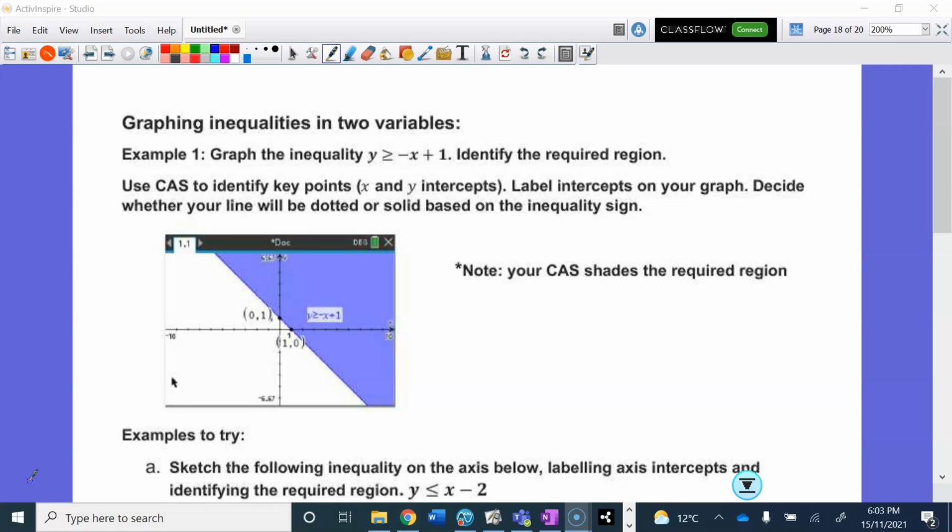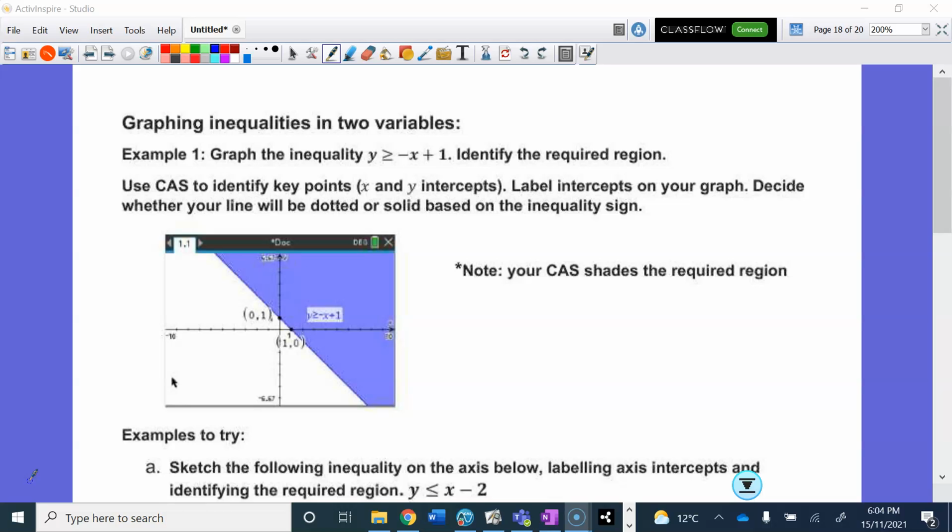Okay, so things you need to take note of when you put this into the calculator. You need to take note of things like, is it a solid line or a dotted line? Can I figure out what the x-intercept is? Can I figure out what the y-intercept is? Can I figure out which part of the graph I'm supposed to be shading, which bit is the required region, and label accordingly? Okay, so if we go to the calculator, remembering that the calculator shades the required region,